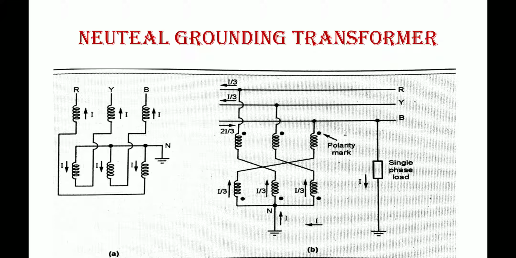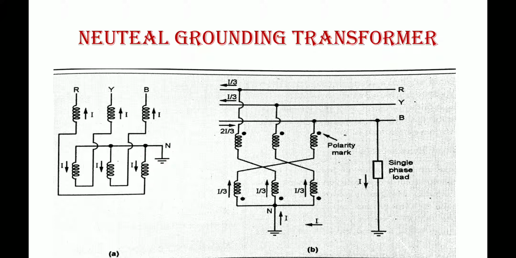Next, what I told here: it is a core type transformer having 3 limbs, and each limb is divided into 2 identical windings. This is the first set of windings and this is the second set of windings here, but the direction of current in these 2 windings will be opposite to each other. Under normal condition, that is the balanced or steady state condition, the total flux in each limb will be negligibly small. If the total flux is small, obviously the transformer is going to draw a very small amount of magnetizing current here.